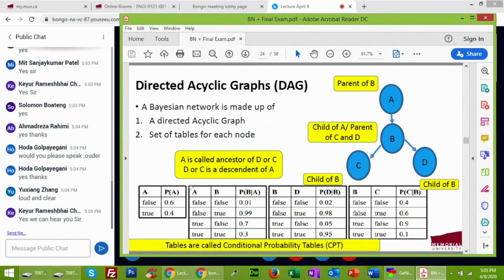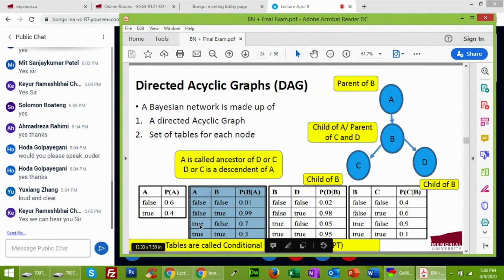Now this table, the second one, is showing us those values. So if A is false and the B is false, this is my probability value, 0.01. Now if A is false, B is true, this is my probability 0.99, which is subtracting 0.01 from 1, of course, because that is the second state of the B.